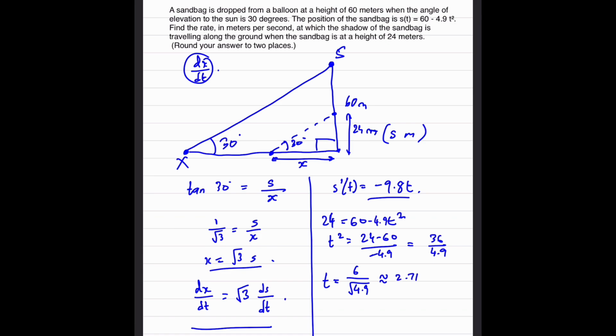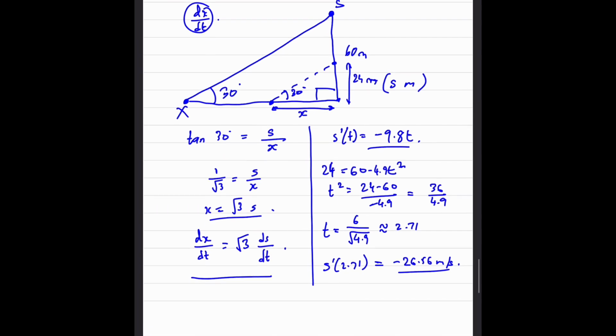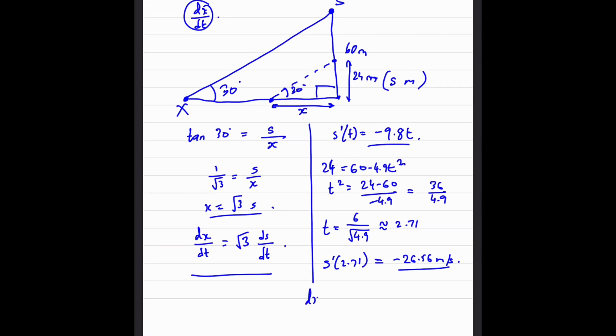And now we have the value of t, which you need to substitute here. So s dash of 2.71 is going to be equal to minus 9.8 times this value. So we'll get minus 26.56 meters per second. And now we can substitute this value into here to get the final answer of dx by dt. So dx by dt is going to be equal to root 3 times minus 26.56, which is going to be equal to minus